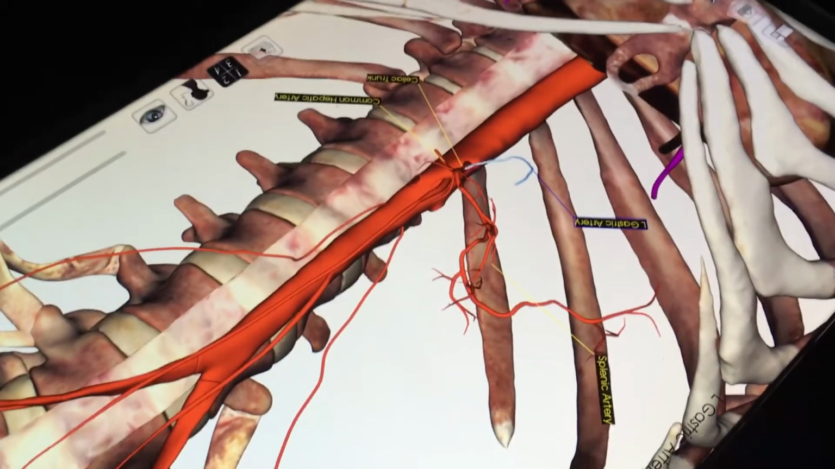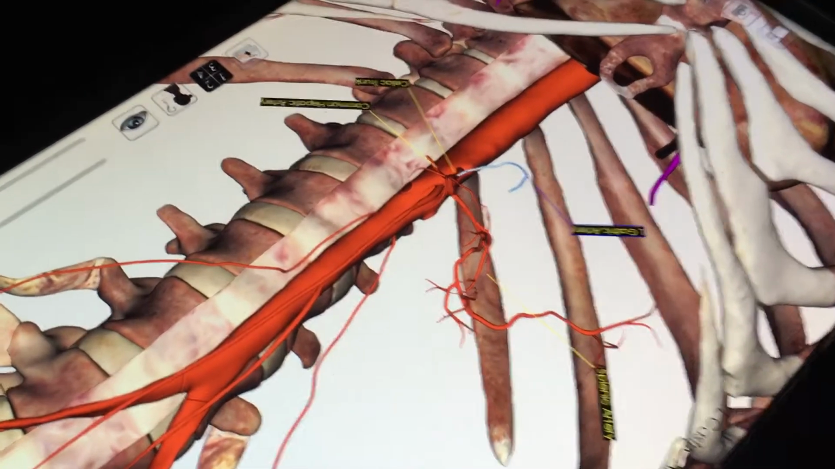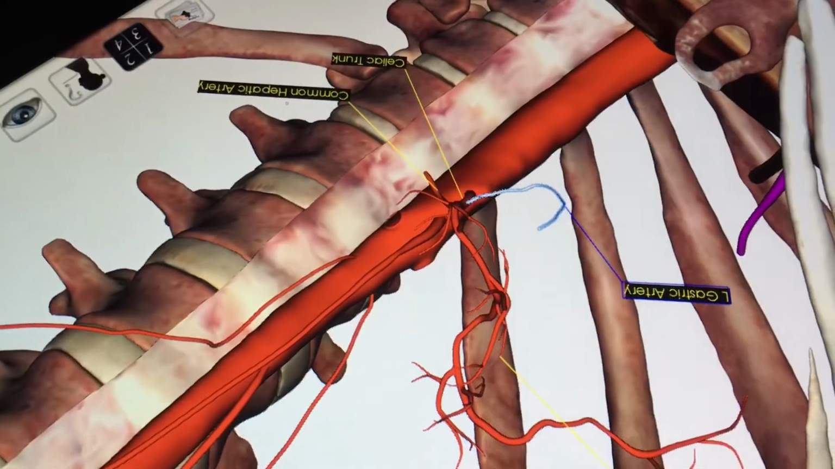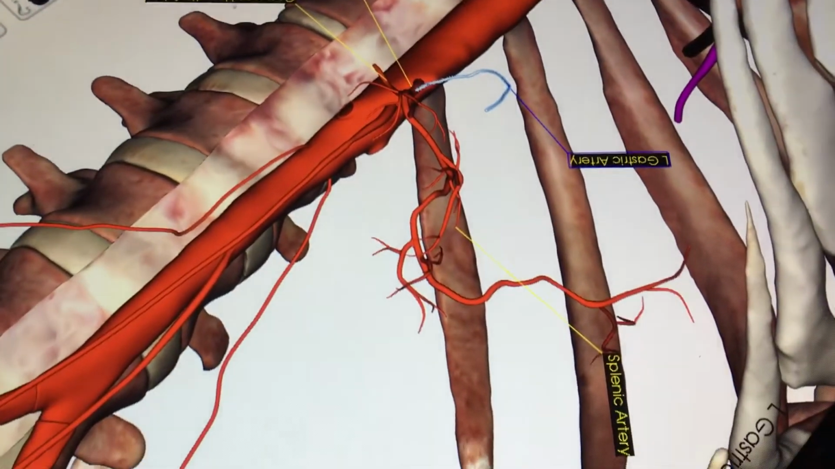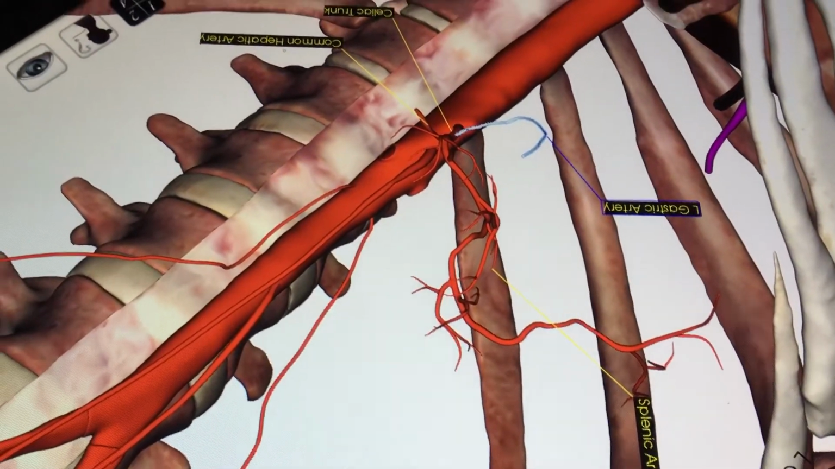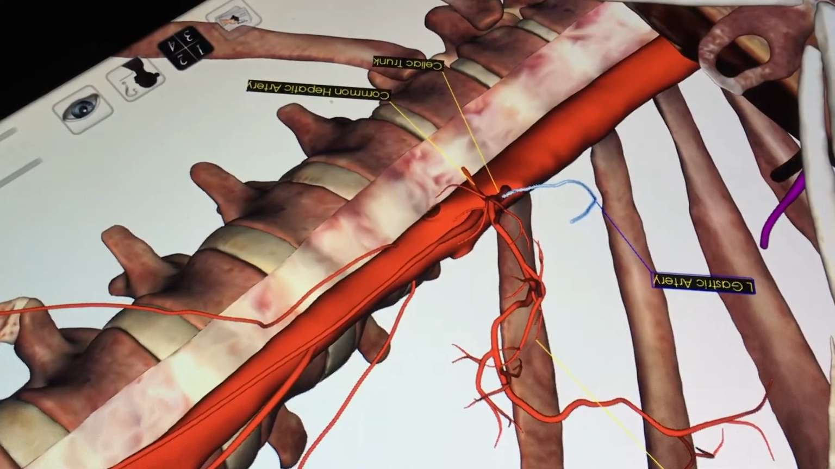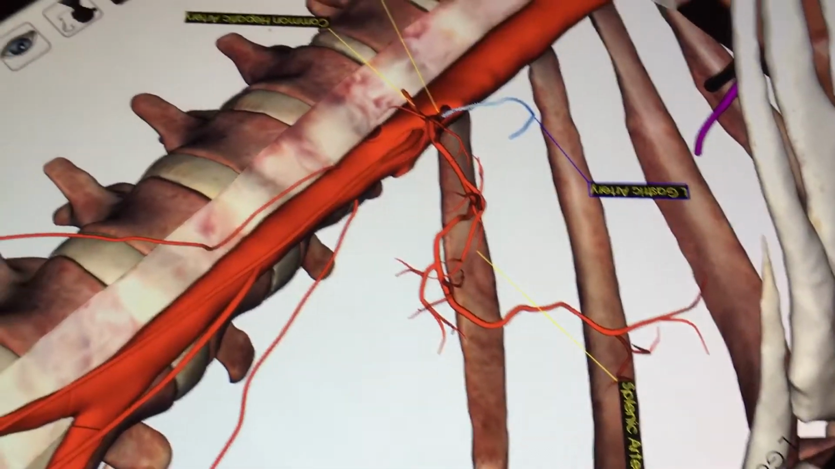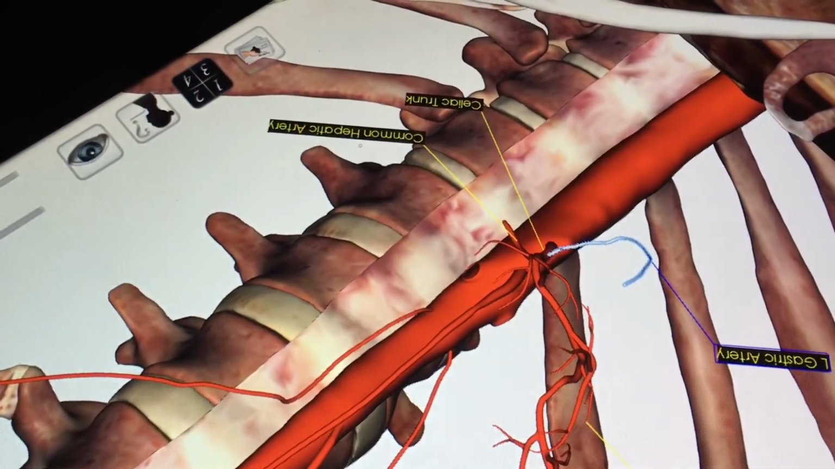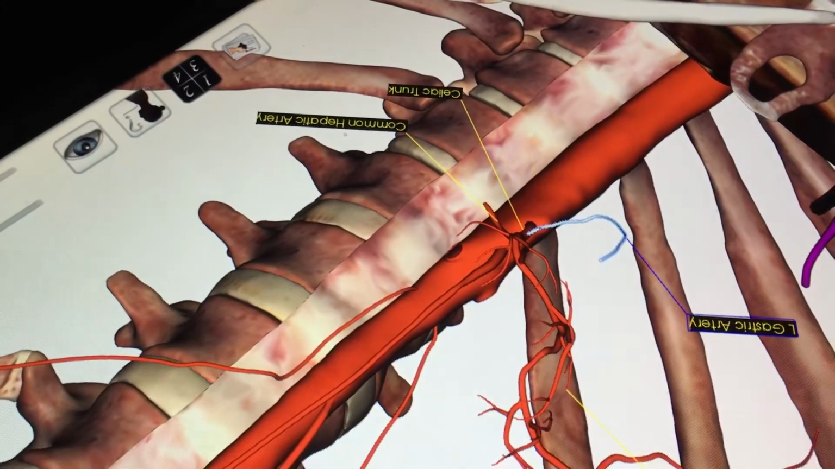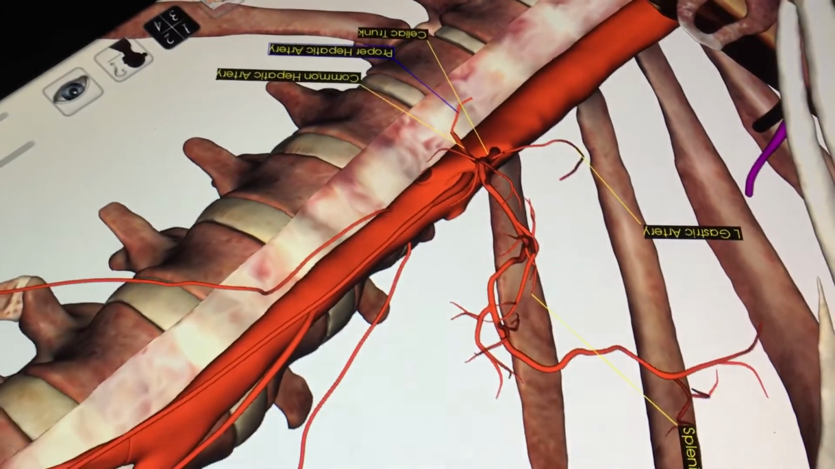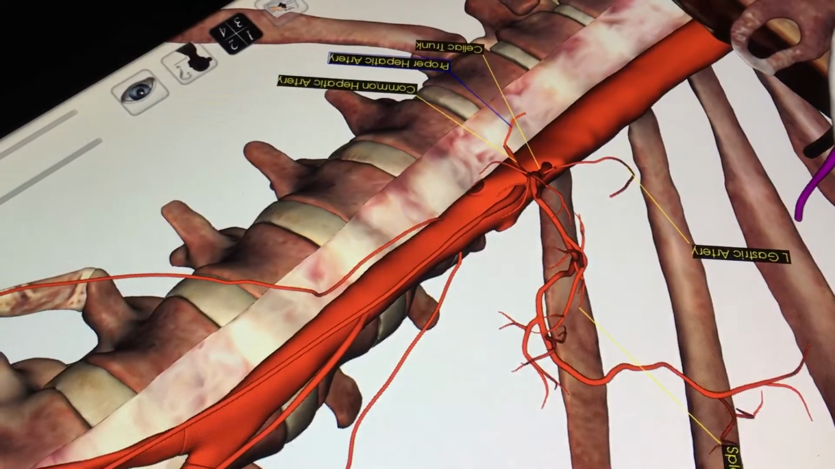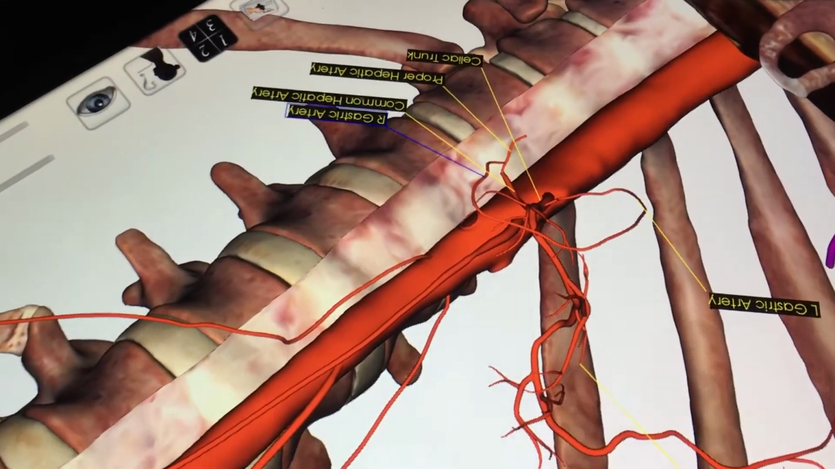Okay, now we're going to pick back up with just the celiac trunk. And you can see here I have the three major branches of the celiac trunk labeled. You have the left gastric artery, the splenic artery, and then the common hepatic artery. Now the common hepatic artery then becomes the proper hepatic artery, and as that happens, it gives us the right